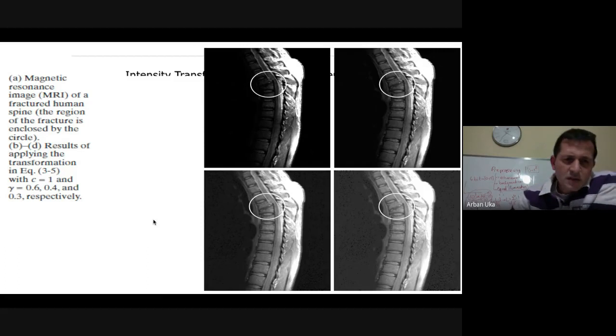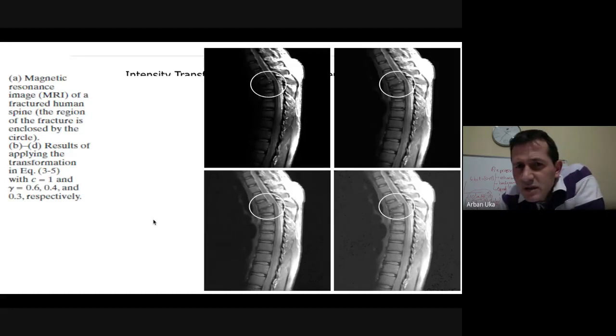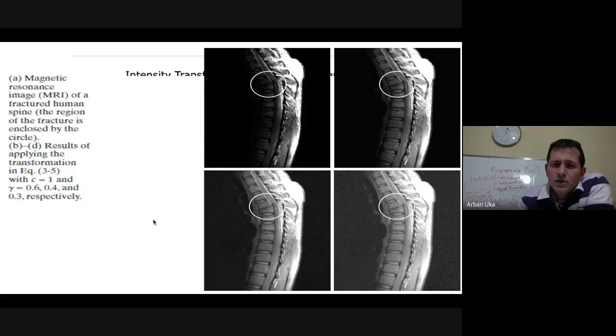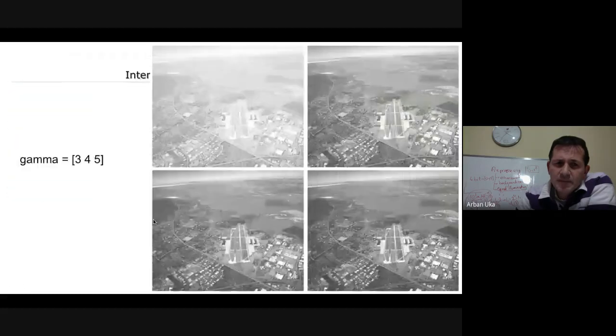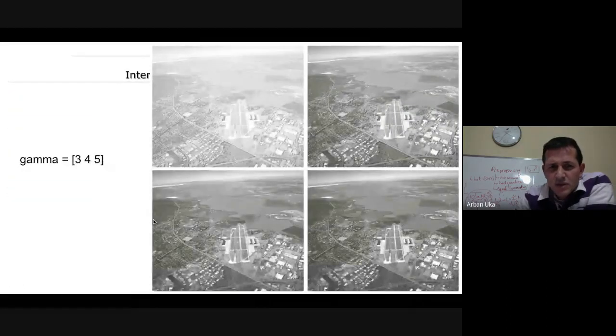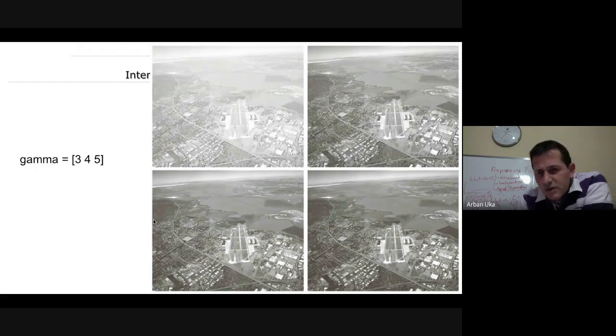And this one is modified using specific gammas. It looks like the image at the top left side is the original one obtained. Applying these modifications, we see that we can obtain many more features, especially in this region drawn with a white circle, where you can see more intensity gradient. Here again, I think we experimented with this image. Given the original image, if we use gammas 3, 4, 5, apparently this is what we obtain.